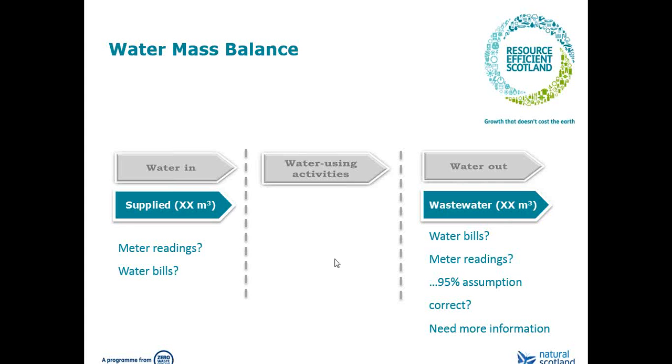Yeah, so the next question we've got for everybody is just to ask how engaged you feel your staff are at your organisation in water efficiency. So that should be coming on screen now. And the options are everyone is on board, the majority are on board, only a select few are engaged, and no one really cares. Hopefully not too many of those, but...